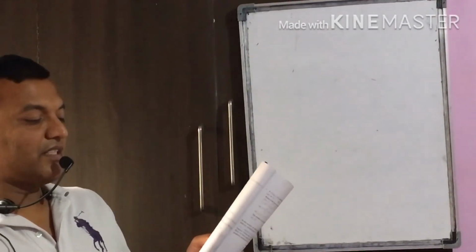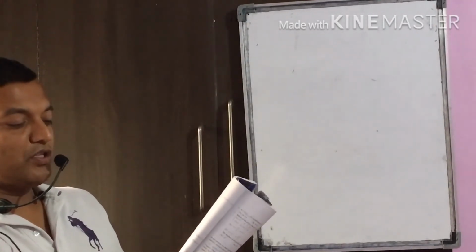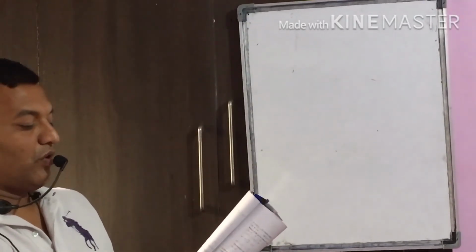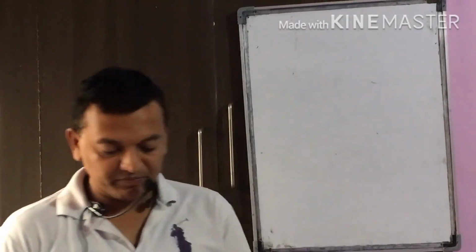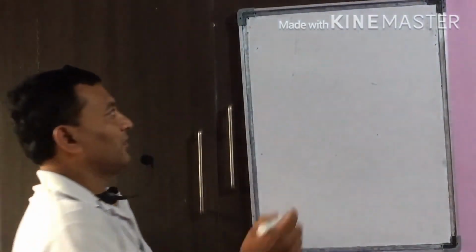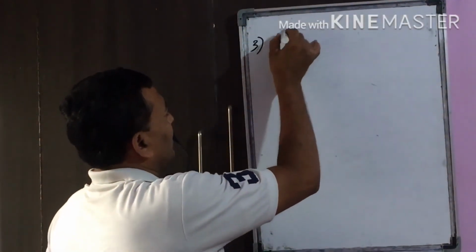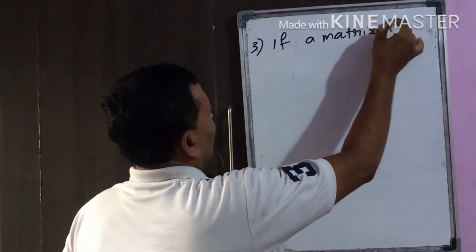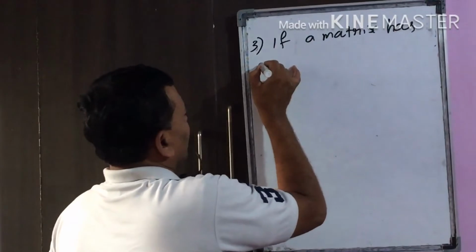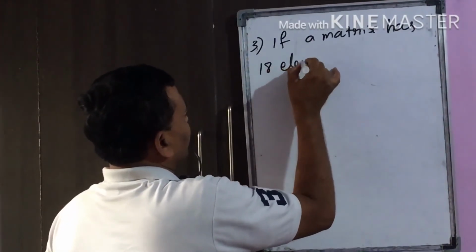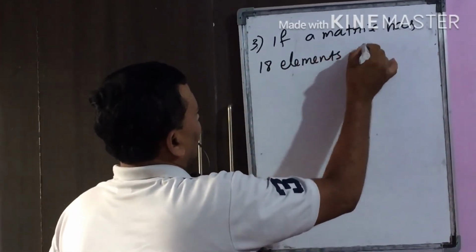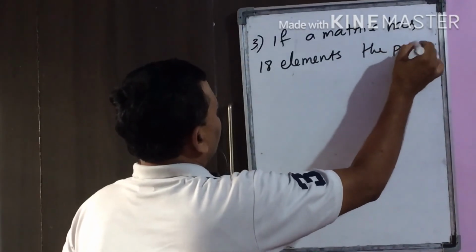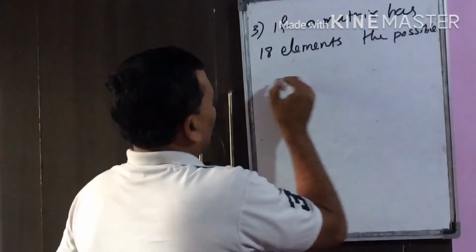If a matrix has 18 elements, what are the possible orders it can have? What if it has 8 elements? Question number 3: if a matrix has 18 elements, the possible orders